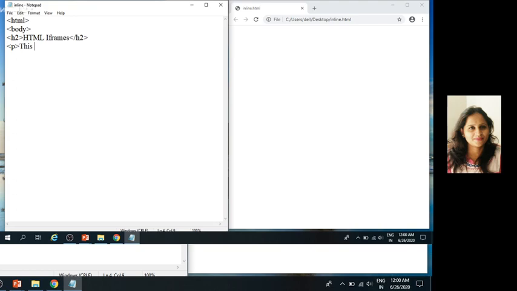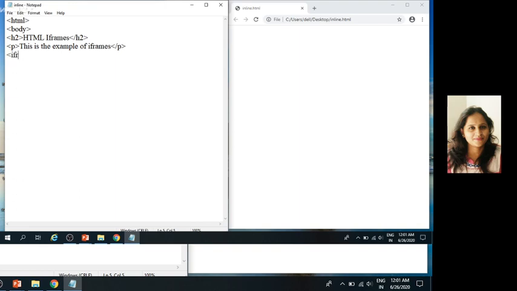This is the example of iframes, closing of paragraph.